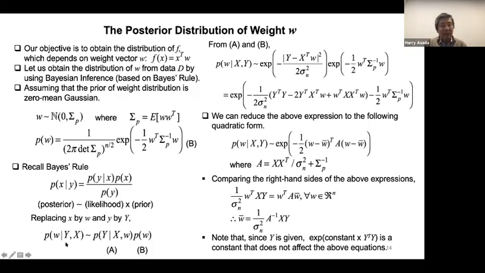This is our objective: we would like to obtain the probability of W conditioned on our data. Y and X are the training data. With the training data, what is the distribution of W? W is originally distributed in this way, but by using the training data X and Y, it is to be changed. And by using this Bayes rule, it can be written as